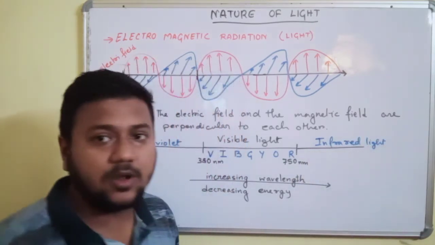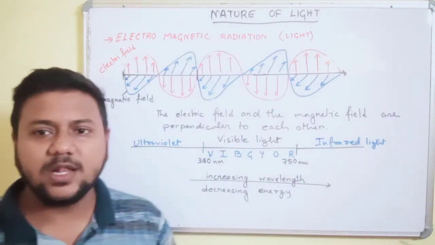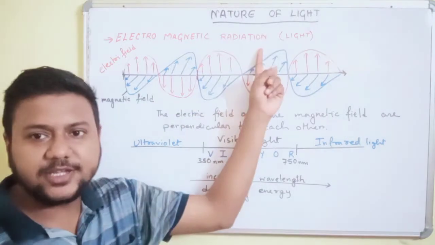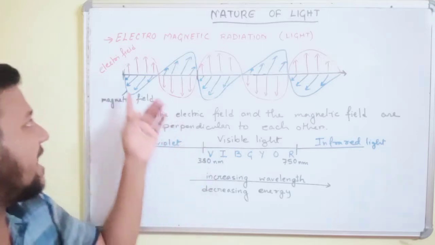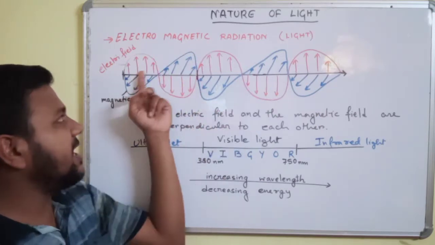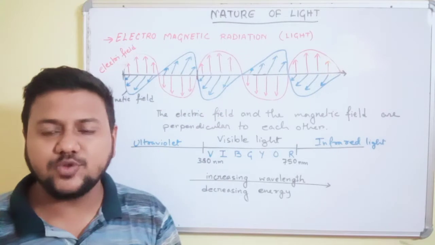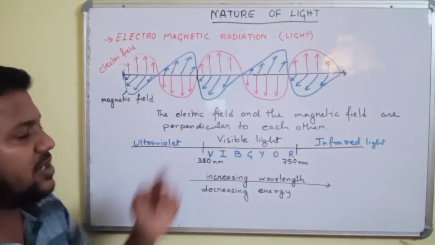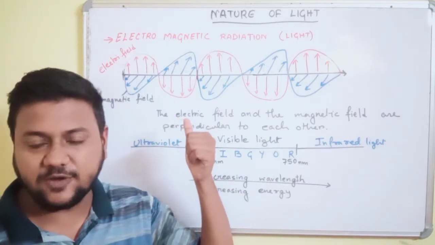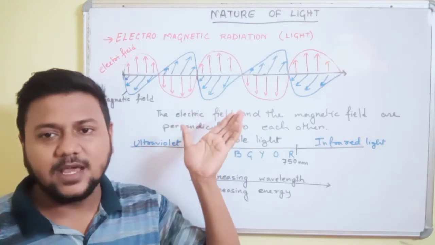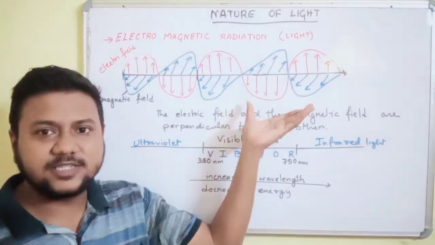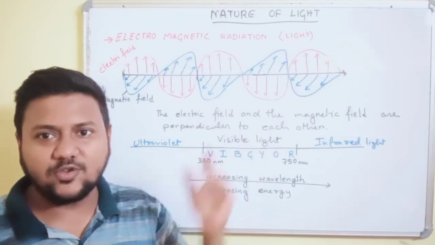Okay, let us recapitulate the part. When light is discussed as a wave, light behaves as an electromagnetic radiation. In an electromagnetic radiation, we have an electric field along with the magnetic field. The electric field and the magnetic field are mutually perpendicular to each other. So when we represent this electromagnetic radiation for the wave nature of light, we have to draw it in such a way that we can make the teacher understand about it. We have to draw it in 2D, so I have drawn it like this.